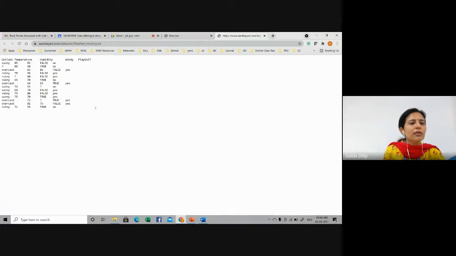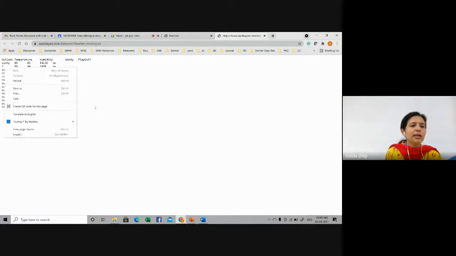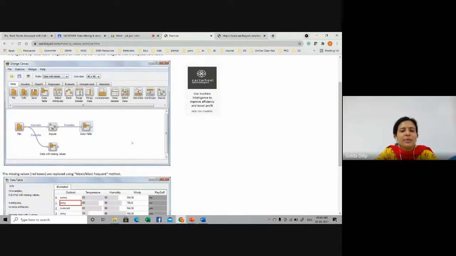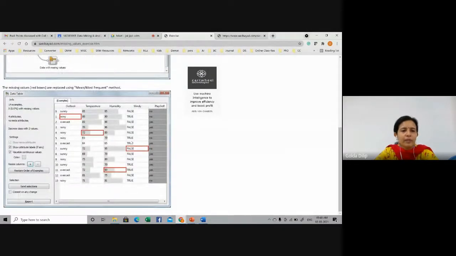So here a value is missing. Here, see, the question mark is the missing value. Okay, my pen is not writing. The question mark is the missing value. See, all these question marks are missing values. So this is a weather data set being taken. So how is that missing value being taken care of here?